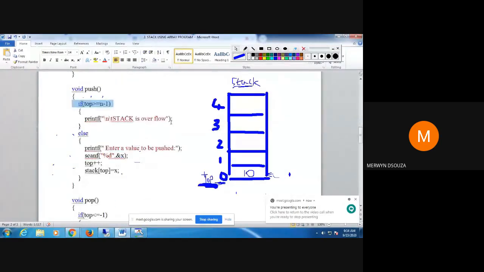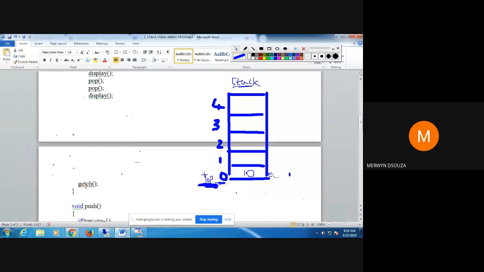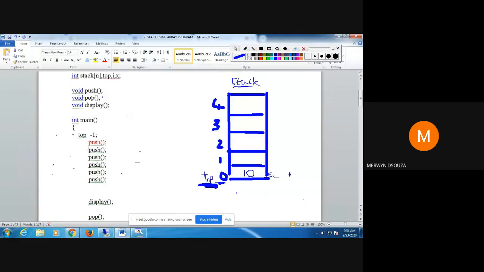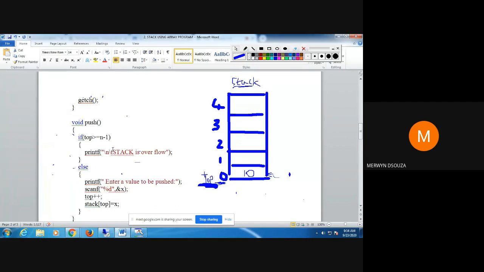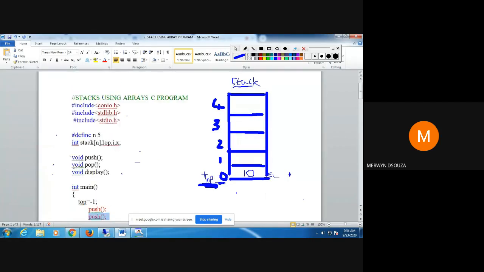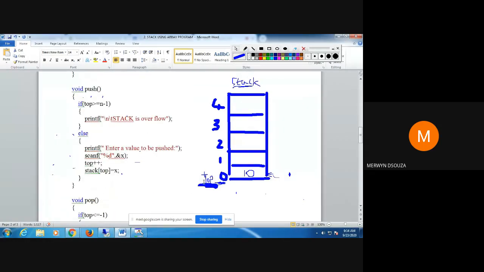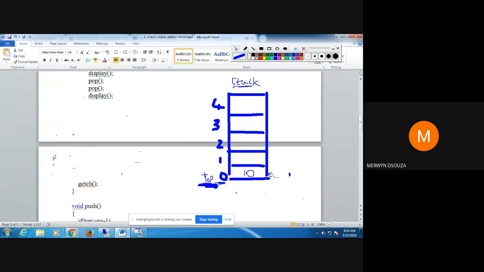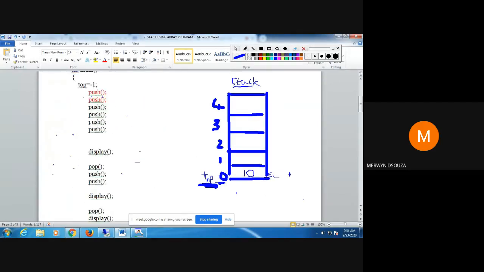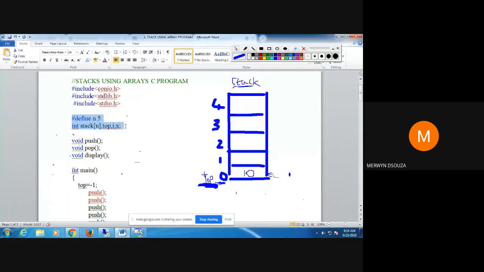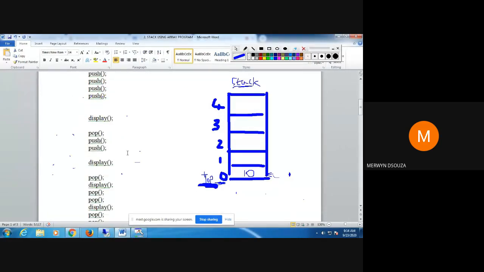So now after this is executed, from this line we go back to the main function. When you come back to the main function, this push is executed. I'll just highlight it as red. The second time I'm calling push. Remember, top is a global variable, so the value of top is not deleted when I exit this function. The value of top now is 0. Also n and all these are global variables, so whatever values they have will be stored. Nothing gets deleted when you exit a function.